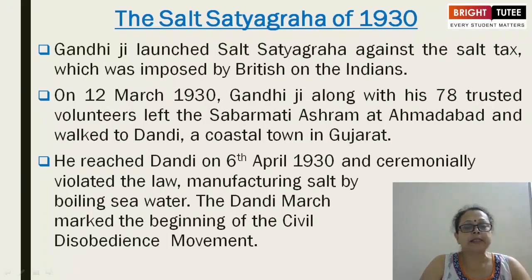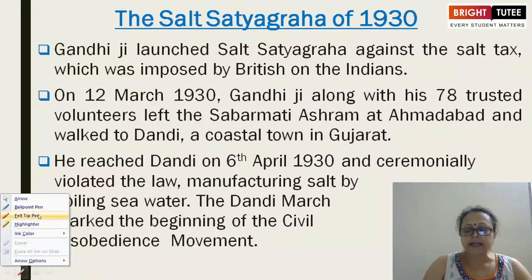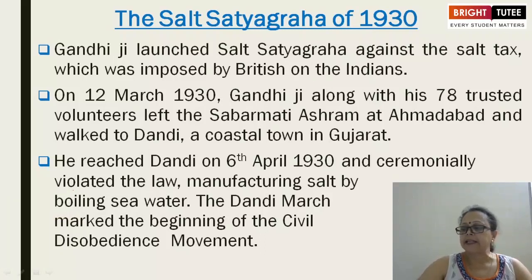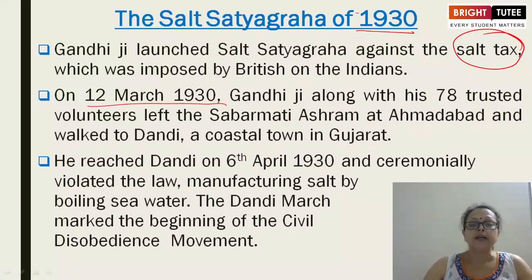So here two examples are quoted. One is the Salt Satyagraha before independence, organized by Mahatma Gandhi. After that we will come to the anti-liquor movement. In 1930, Gandhiji started this march against the salt tax, which was imposed by the British government upon Indians. What did Gandhiji do? On 12th March 1930, Gandhiji, along with his 78 trusted volunteers,